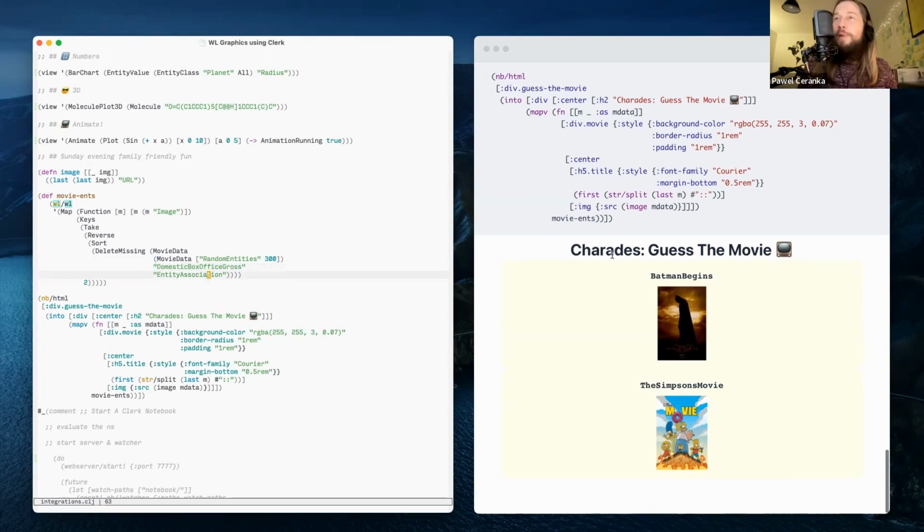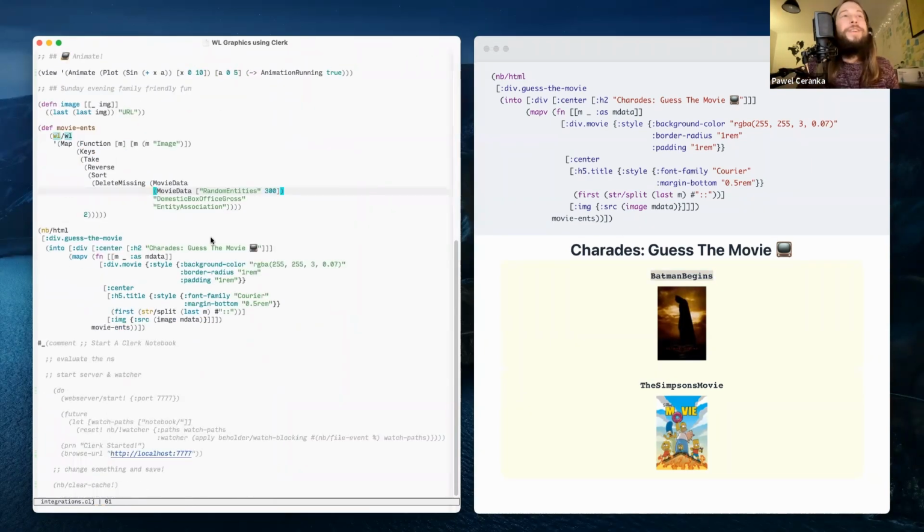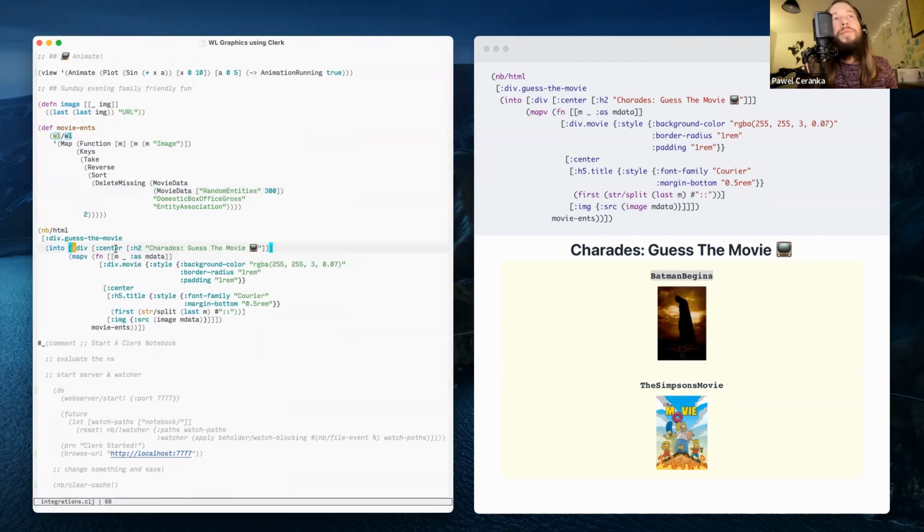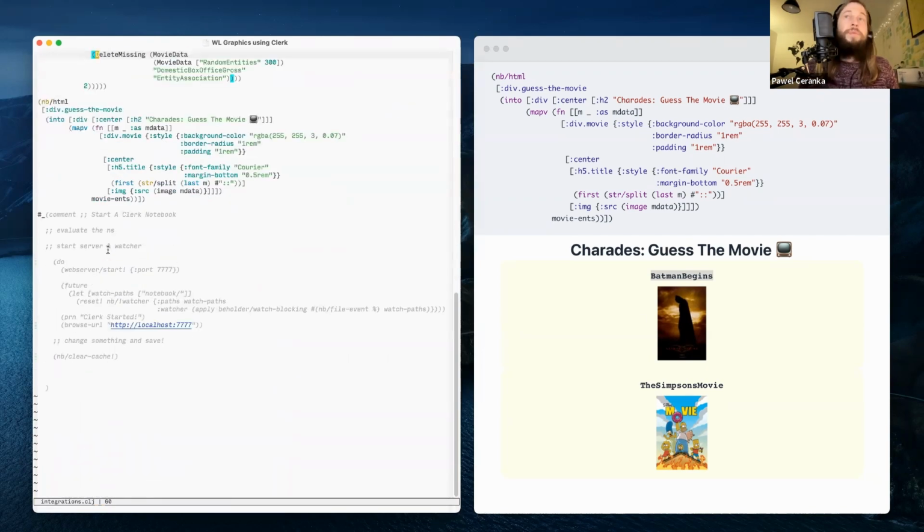The point of this is, if you want to play charades and you want to have a couple of picks for your charades partner, this will give you something that's kind of well known, probably. It's just a hacky way, or heuristic, of how to do this. Pick 300 grows, and the actual thing that's rendered here is essentially this Hiccup here, and that's my alias for Clerk. So it's Clerk HTML and all this other stuff, and it's just rendering results coming through here.